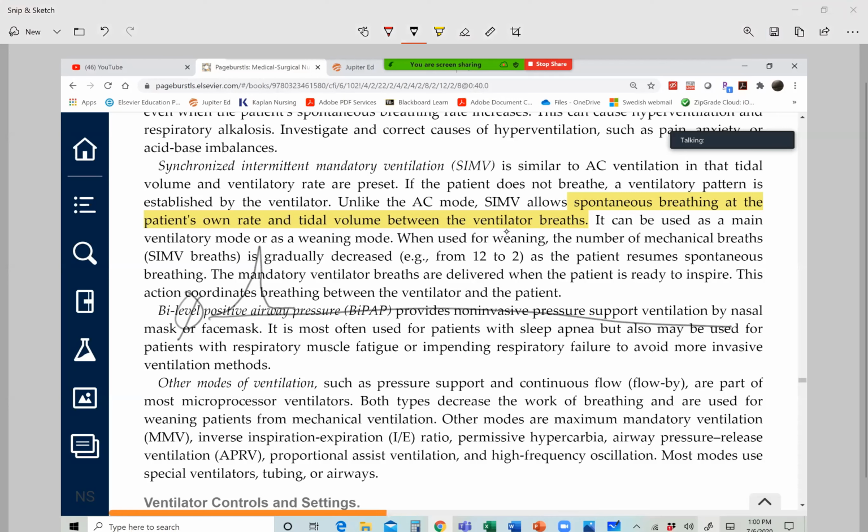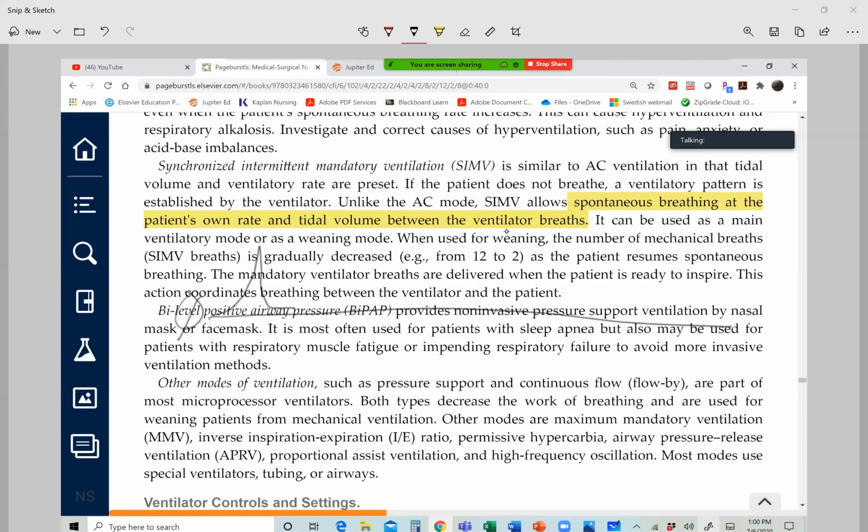Usually, remember, SIMV is used if the patient is getting better. By better, meaning is the patient taking more spontaneous breaths? Yes. So if you look at this statement here, when used for weaning, the number of mechanical breaths is gradually decreased from 12 to 2 as the patient resumes spontaneous breathing. So as the patient gets better, we gradually decrease the preset rate on the vent,